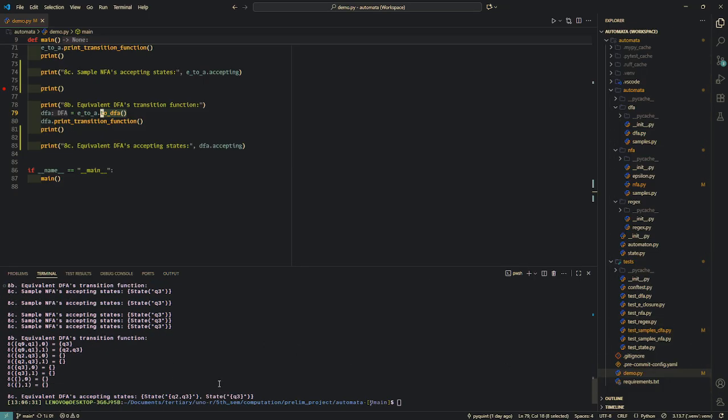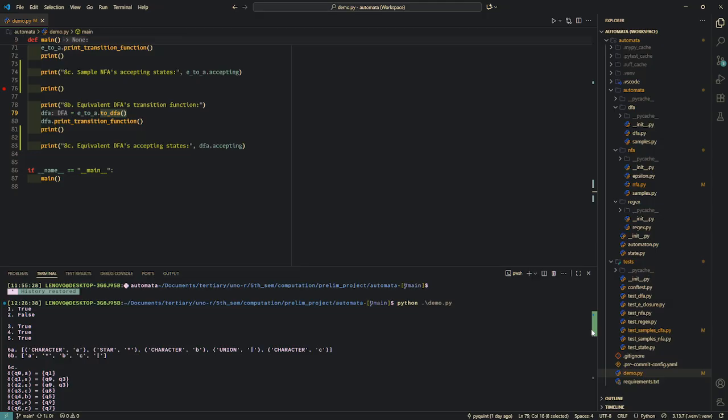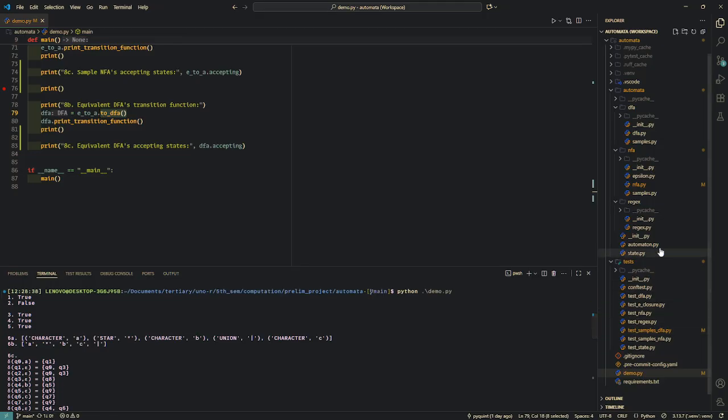So that's basically it for this demonstration and showcase of the Automata package. If you want to see the whole code base and watch how the code works or understand more of what we've made here, you can visit the web page or the repository for this code base at